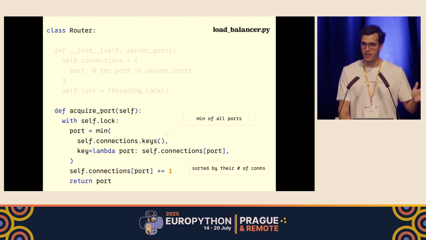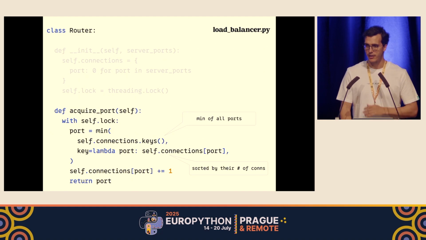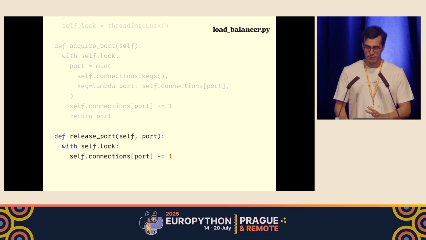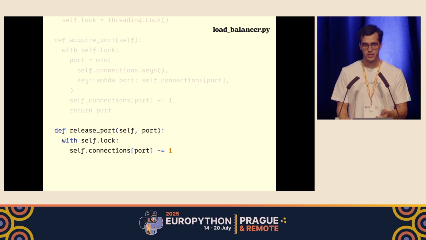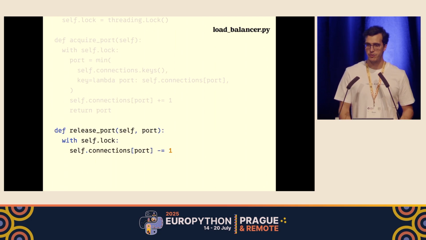The fact that I'm doing this inside the context manager of the lock means that only one thread is running this code, whereas the other threads are waiting for the lock to be released so that they can acquire it. Finally, I return that port so that the handler function can deal with it in a safe manner. And the release is even simpler. I just get the lock, make sure I have access to the shared mutable state all by myself, reduce the connection count by 1 because it's been released, and I don't have to return anything because no information is needed.